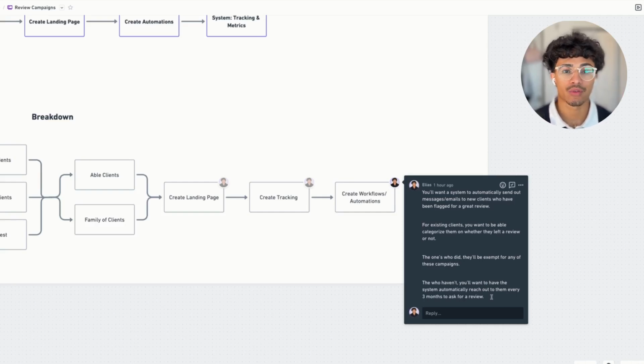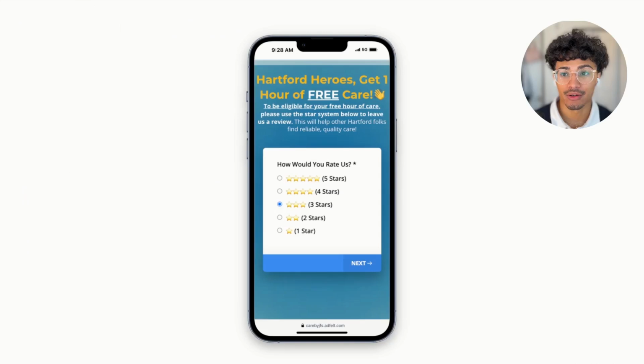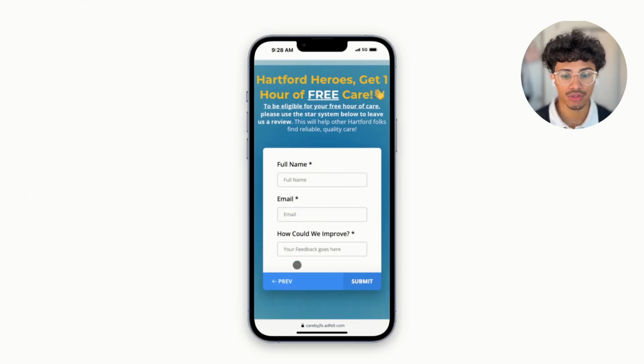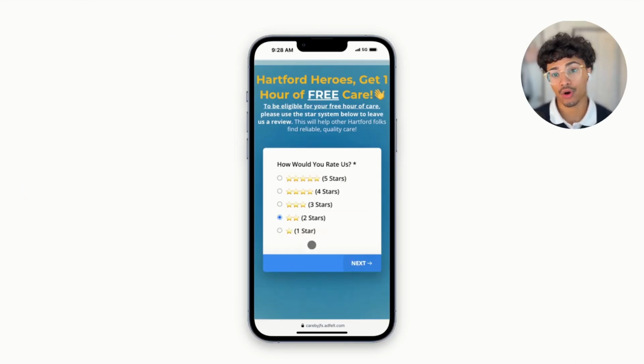And you could even have this for the ones that didn't leave a good review. If they rated anything 3 to 2 stars, and you're having your care coordinator or your admin specifically track these clients that haven't been having good service, you want to improve the service. That'll probably take maybe a month, 2 months, 3 months of consistent good service. Then you can have the system tag them once that time is up, and finally ask them for the review again,